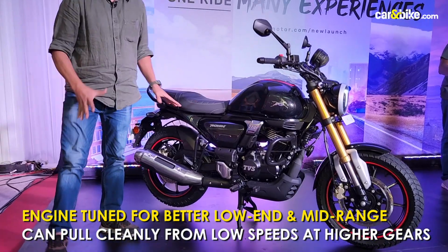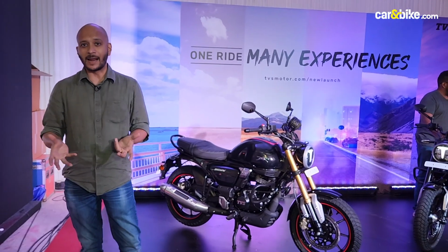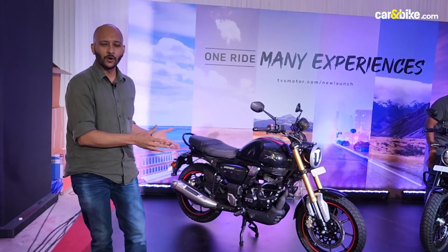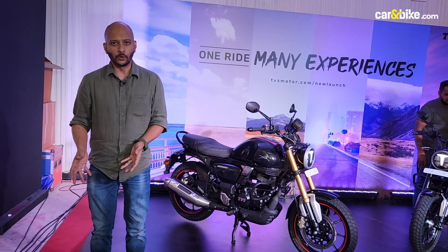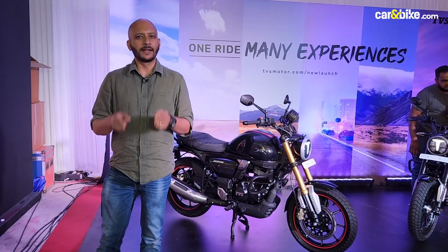So that's the Ronin. The design, more or less a mixer, I would say, between a Roadster and a Scrambler, somewhere in between. It's not a modern classic Roadster, not really a Scrambler in the true sense, but it does look interesting. But how does it ride? We'll get to ride it very soon and tell you all about it, how the new TVS Ronin, of course,